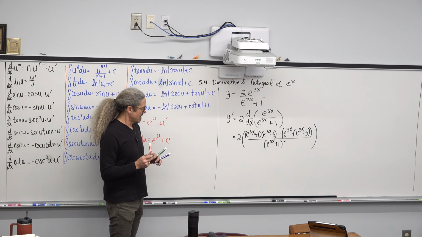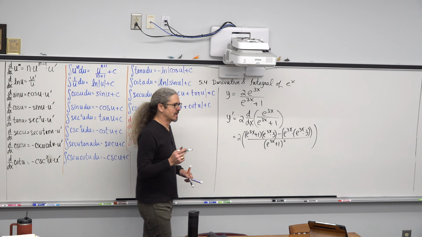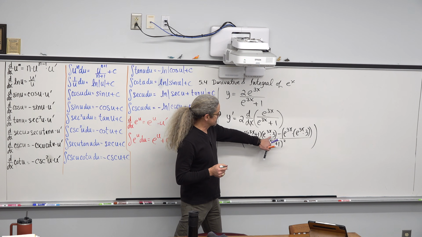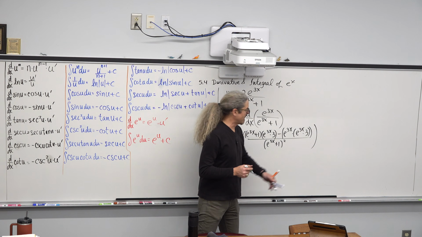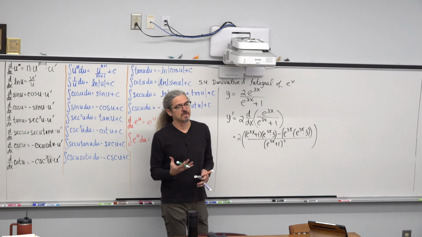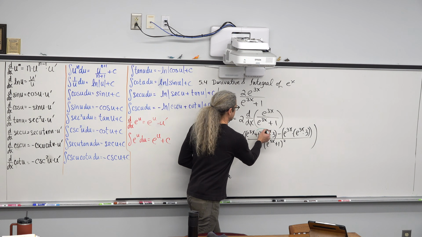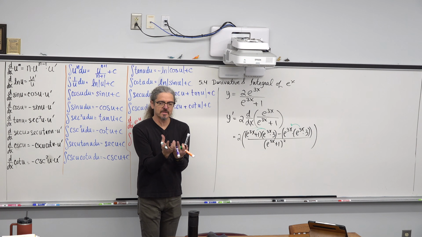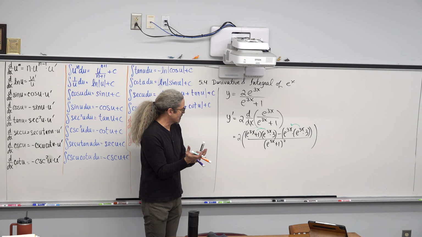I wouldn't have been doing this when I was relearning calculus, about 8 or 9 years ago. I would have normally just taken this 3e to the 3x and this 3e to the 3x and distributed and combined like terms. And for this problem, it really doesn't take that much effort. So if you did distribute, you would have just 3 terms in the numerator to add together. So not a tremendous amount of work.